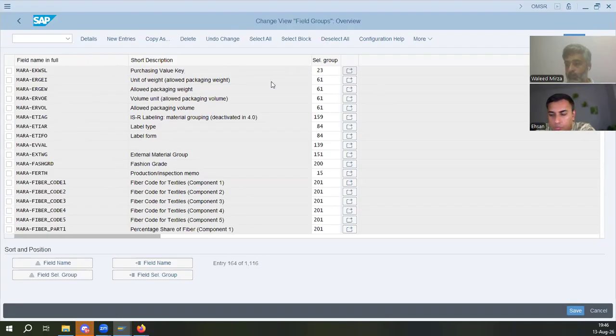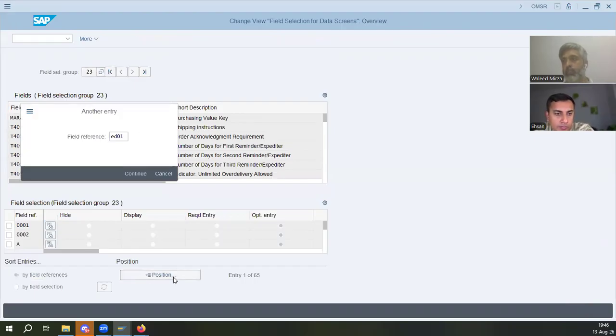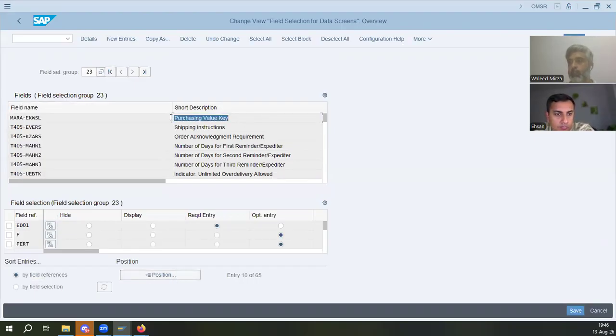Obligatory. We'll revisit this again. Purchase value key for ED01. Now, purchase value key for ED01 is a required entry. It is in reference to your plant ED01 that we configured a little while back. So whenever you create your material master, the purchasing value key will be